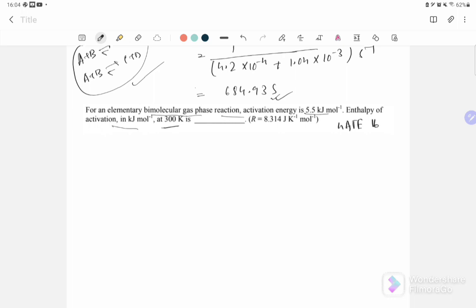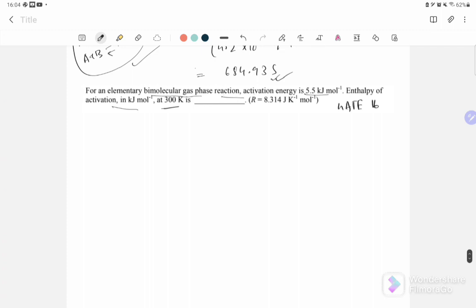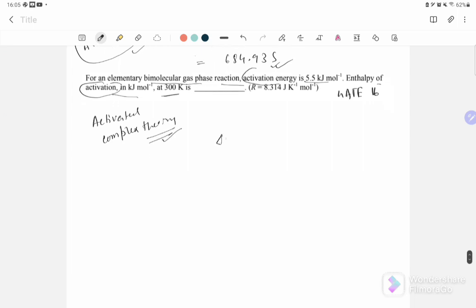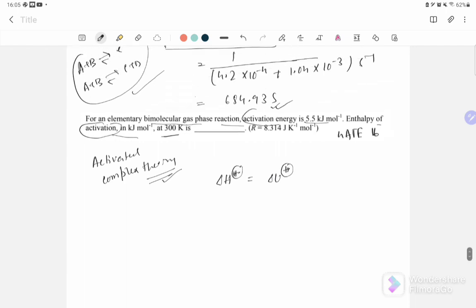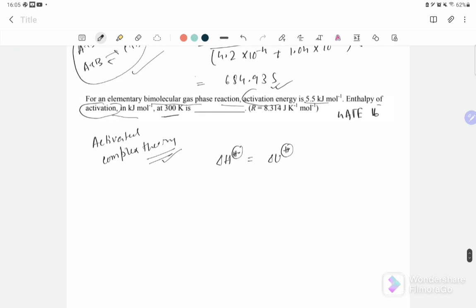So activation energy and enthalpy of activation means this is the activated complex theory. For activated complex theory, delta H, that is enthalpy of activation, is equal to delta U,